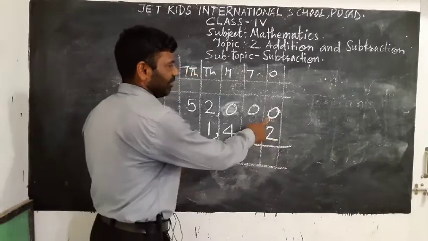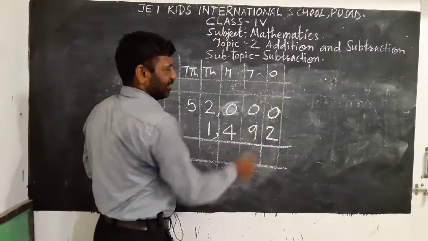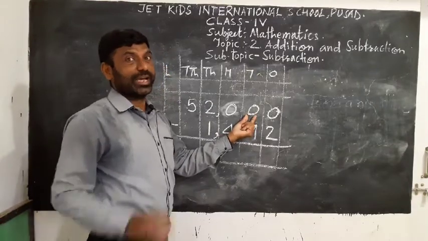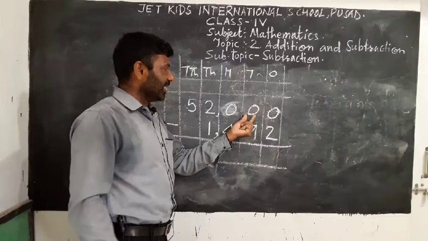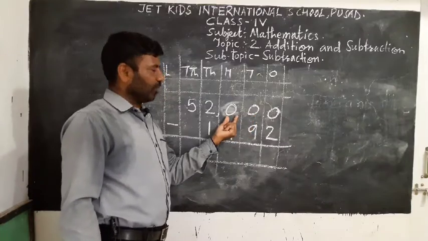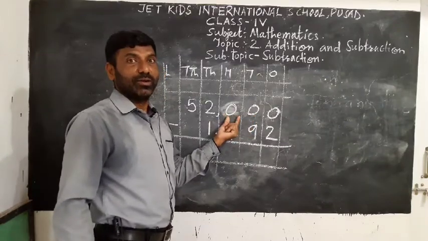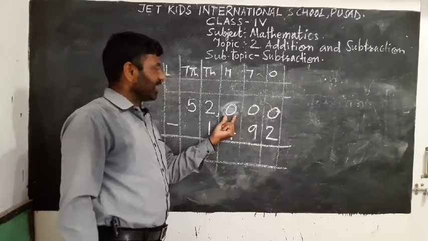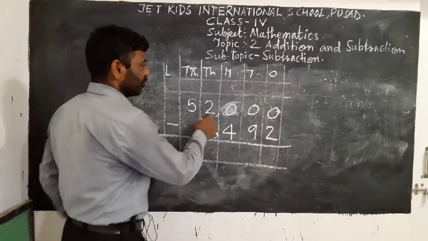So what will he do? He asks his neighbor, "Hey friend, I need money. Will you give me?" But the neighbor also doesn't have any. The neighbor says, "Okay, wait, I will get it for you." So he asked his next neighbor, who has money.